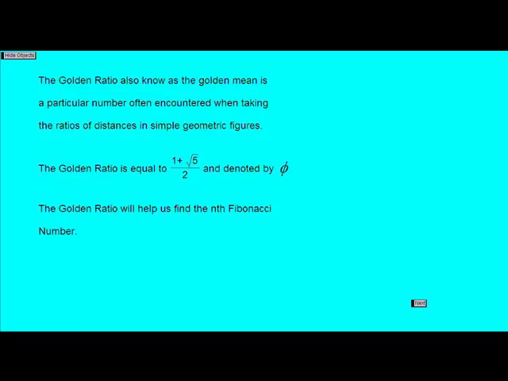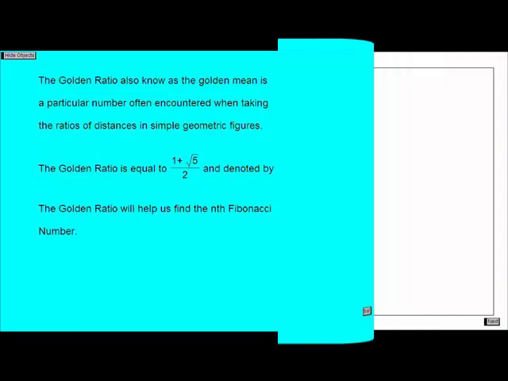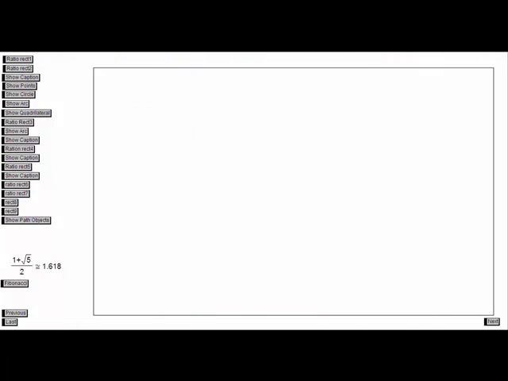Shortly I will show you how to derive the value of phi, but first I'm going to begin with showing you how to construct the golden rectangle. The golden rectangle encompasses the golden ratio. So first I will start out with a rectangle with the ratio of 1 plus the square root of 5 all over 2. If we construct a square using the shortest side of the rectangle, you will have a